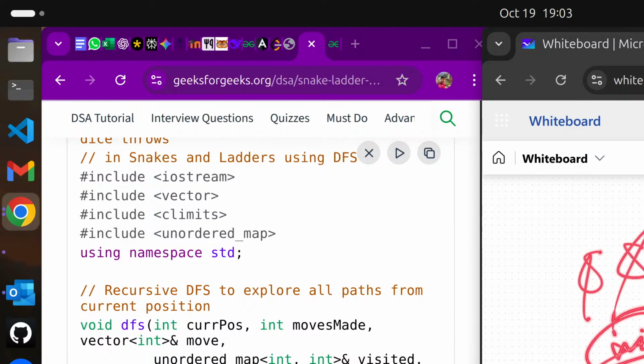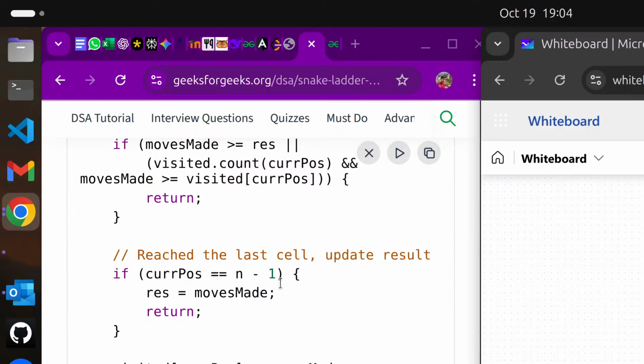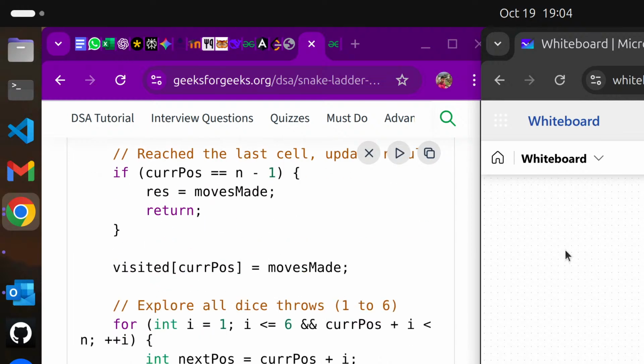visited current position, we are coming to the same position again, and we have a smaller value there at that position, then we will return from that, alright. Right, this is good. And if the current position is n-1, then we return the result, moves made, and return also from there, and visited current position is equal to moves made, so we can do this, and